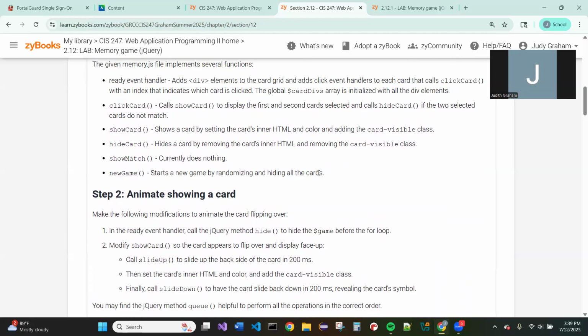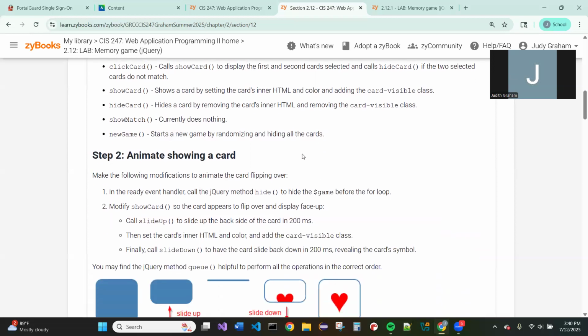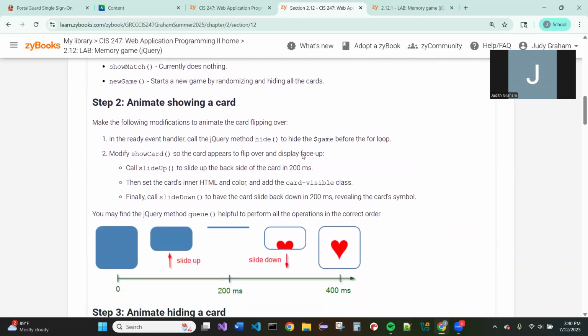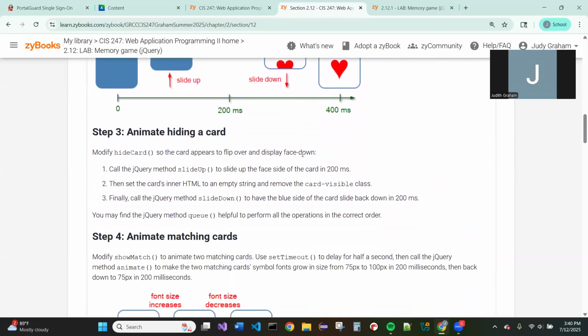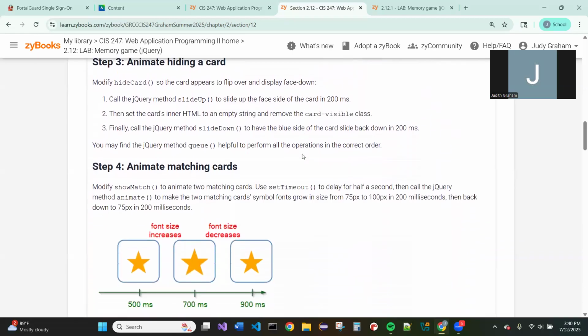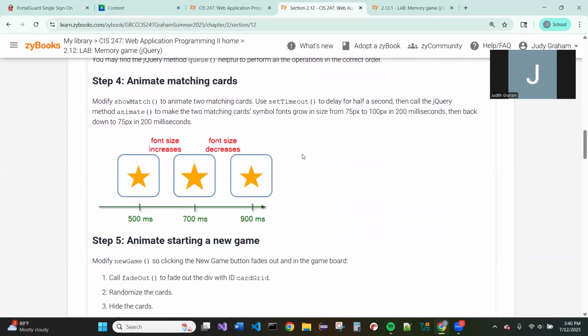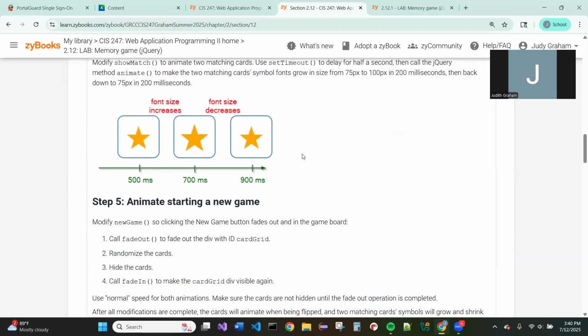And that we need to update the show card, the hide card, the show match, and the new game. So we're going to be doing all four of those. We're going to be animating showing a card, animating hiding a card, and animating matching cards